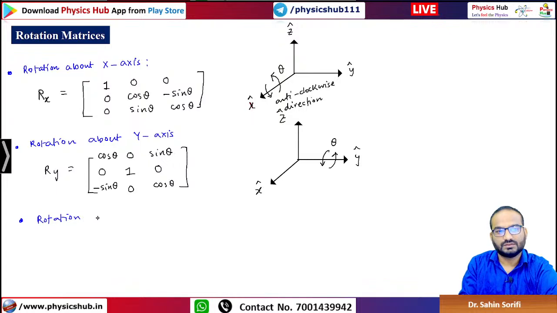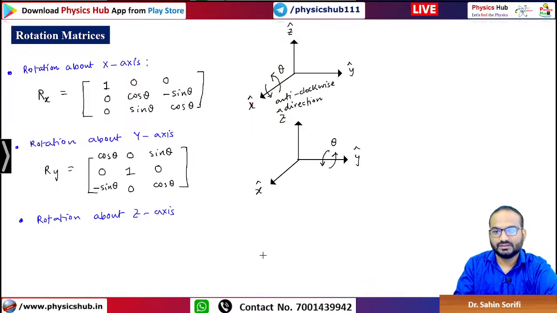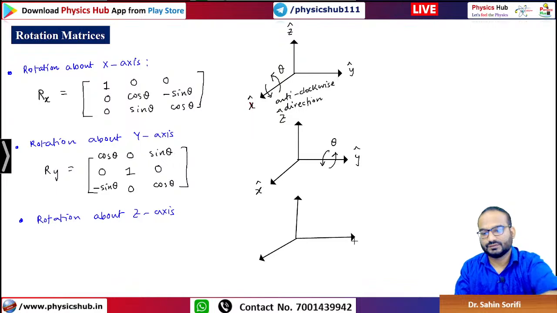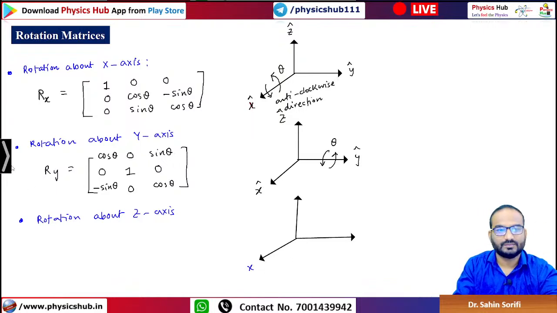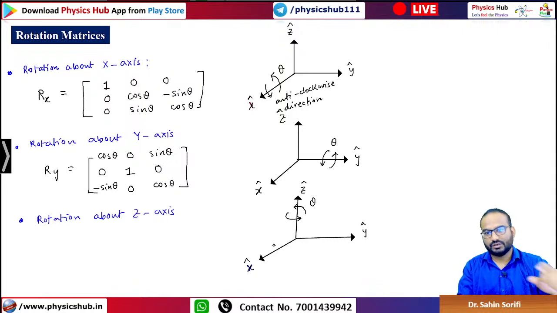Then the third one, rotation about the z-axis. For this case we are giving the rotation about the z-axis. So draw it again this way: x cap, y cap and z cap. You are now carrying out the rotation about the z-axis, and in each and every case we are carrying out the rotation in the anti-clockwise direction by some angle theta. And the rotation matrix about the z-axis will be,